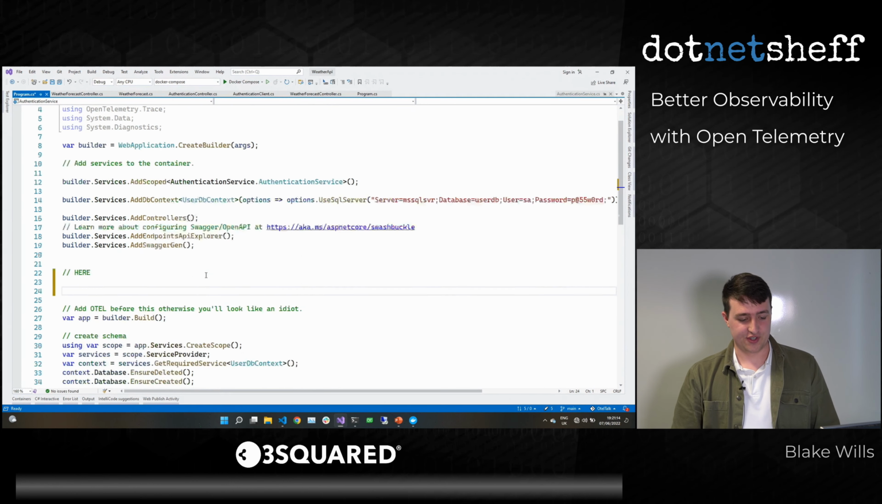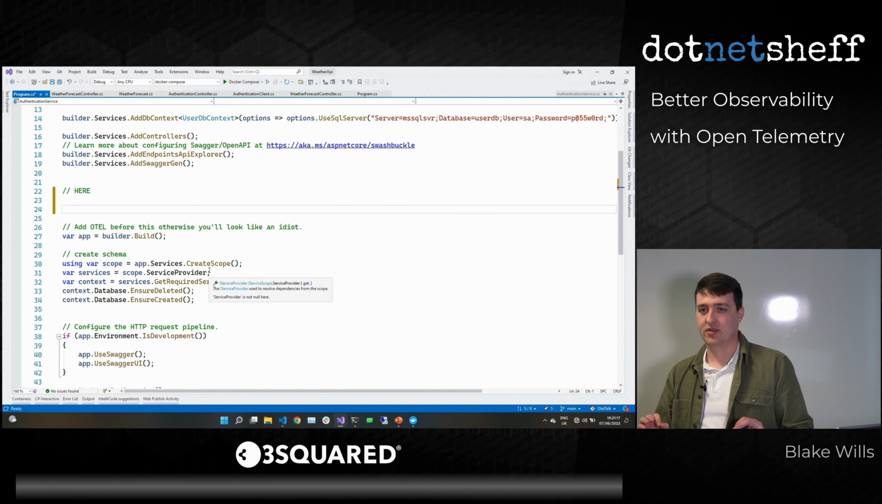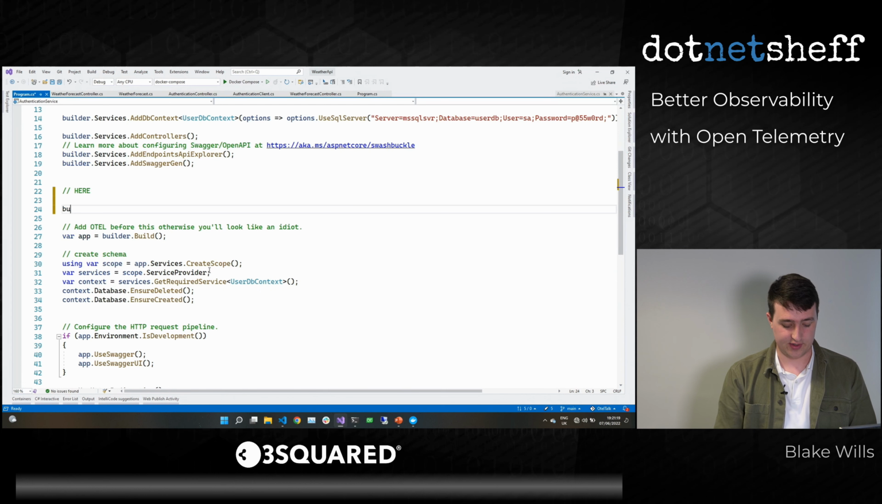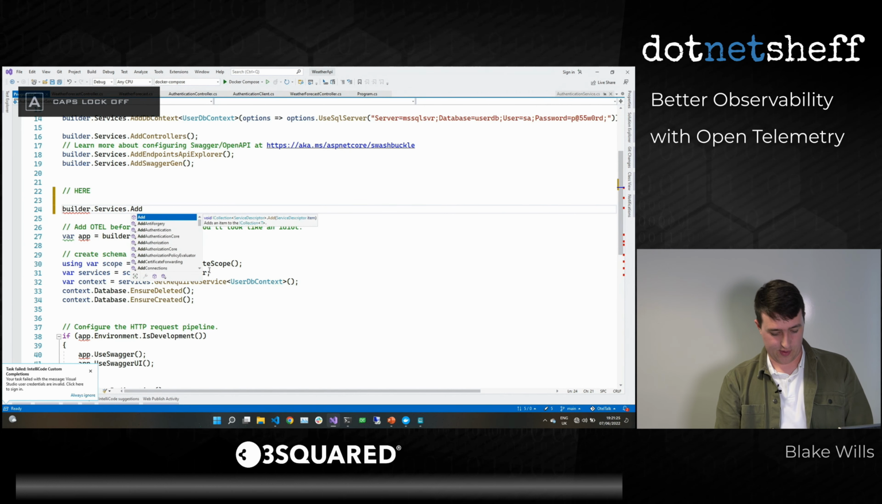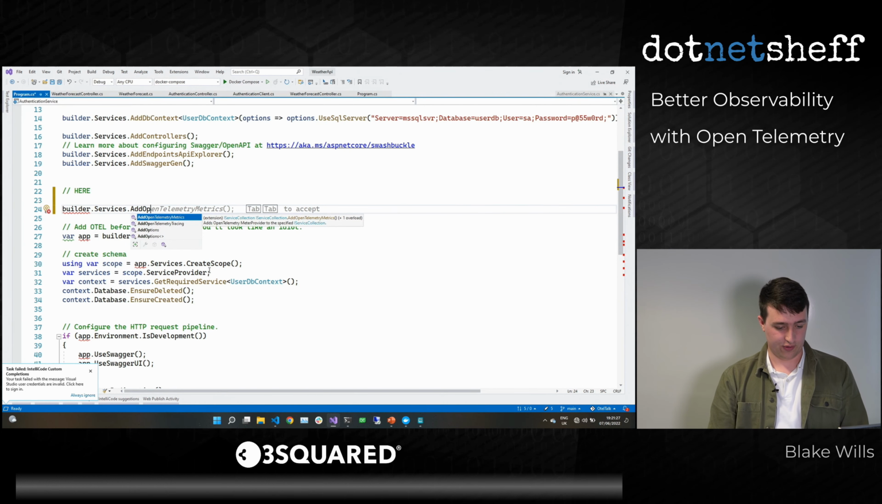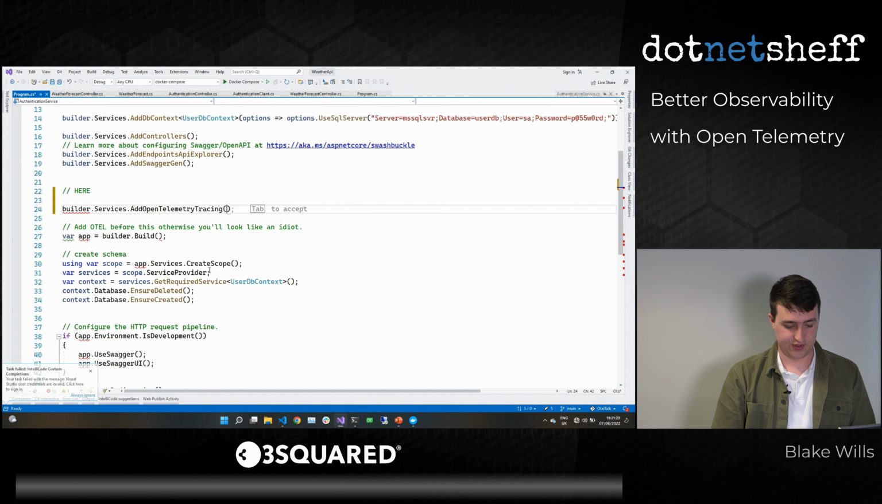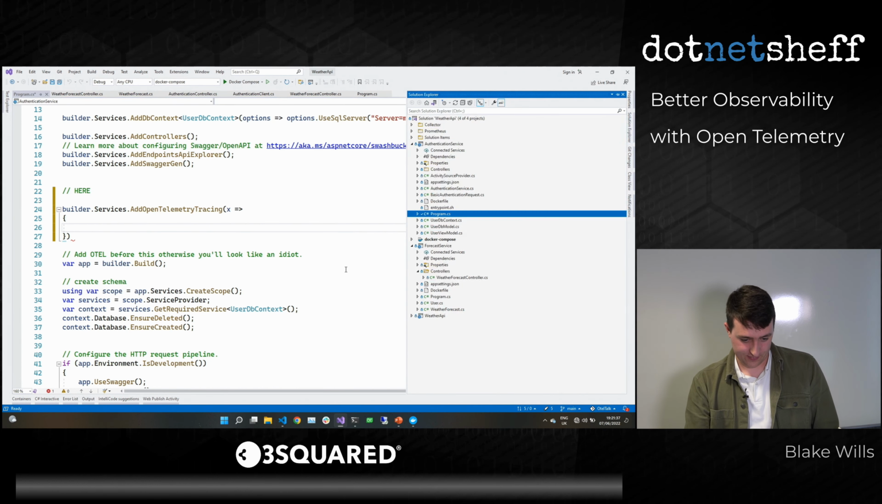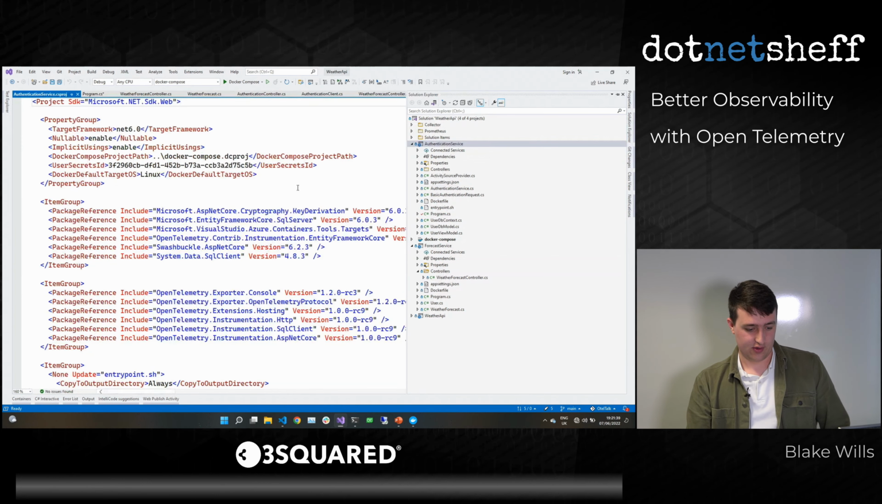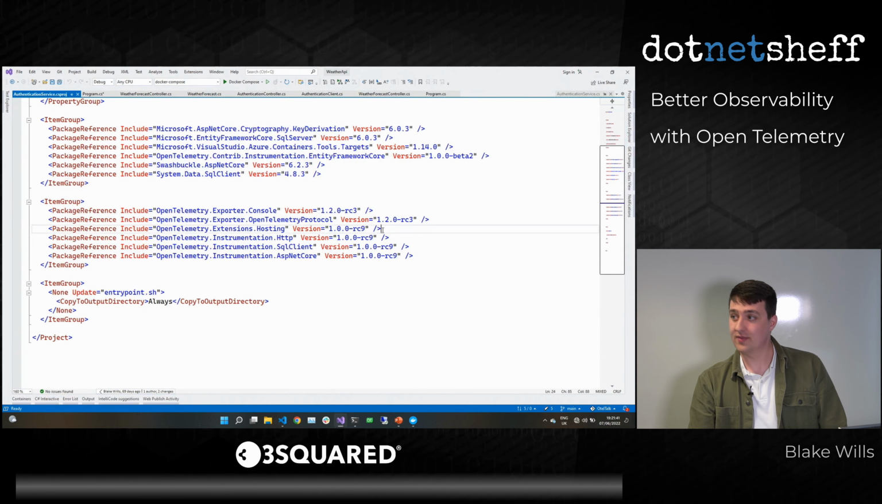And I'm just going to add the most simple instrumentation that we possibly can. It's an ASP.NET Core service, so I'll add some ASP.NET Core telemetry. I'll show you where this comes from in a second. I've got this nice extension, add OpenTelemetry tracing, and that comes from, if I look at my NuGet packages, this one here,